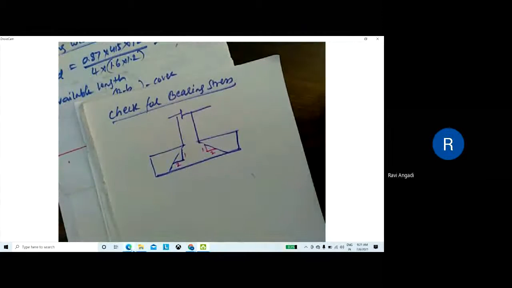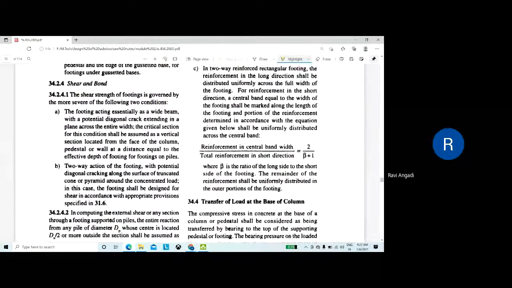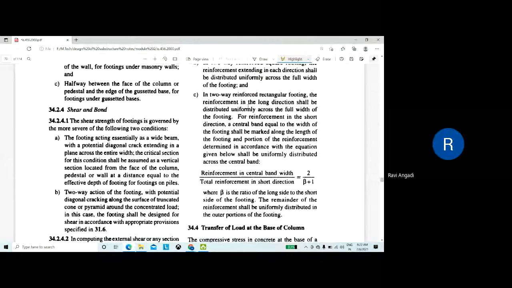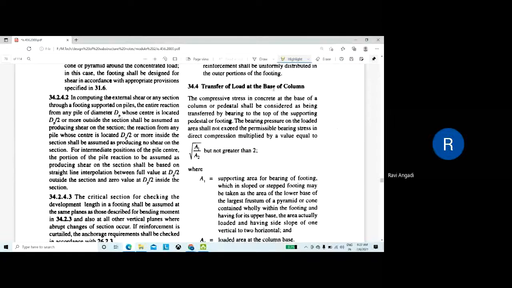If you want, I'll show that. Page number, here it is: transfer of load at the base of the column. You all can see this.